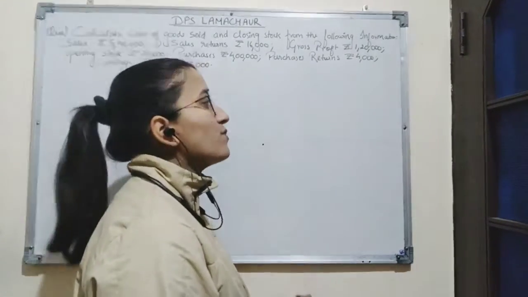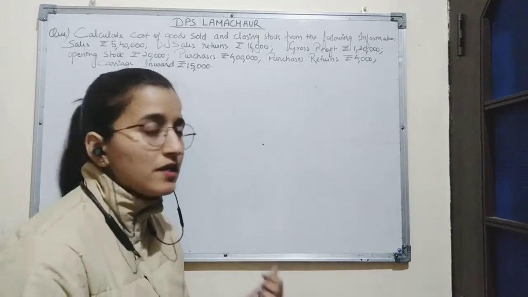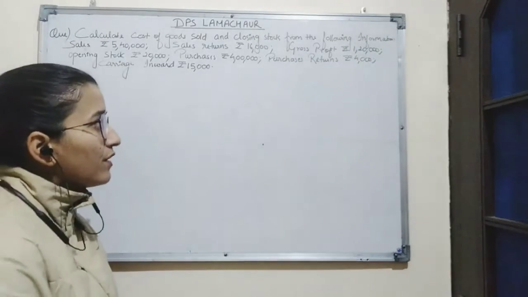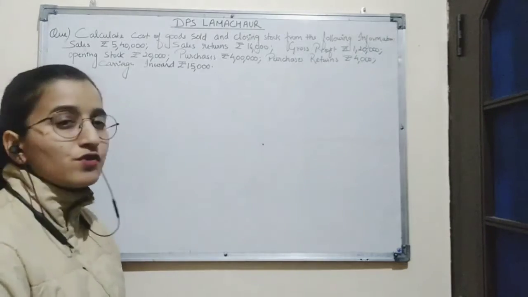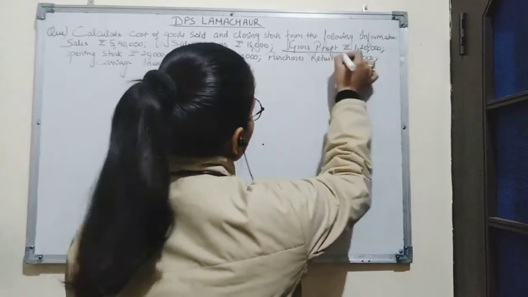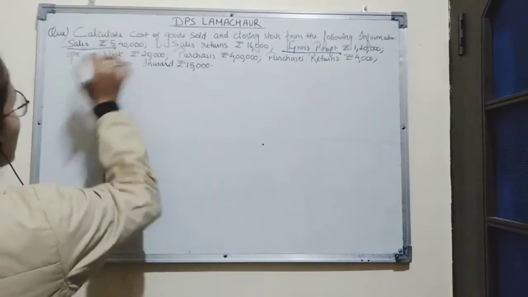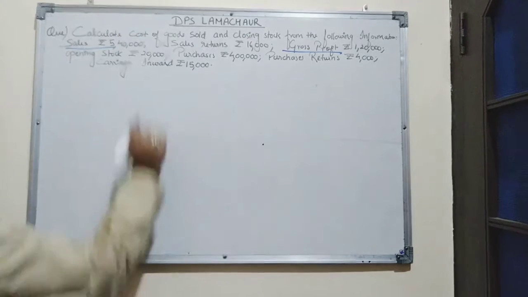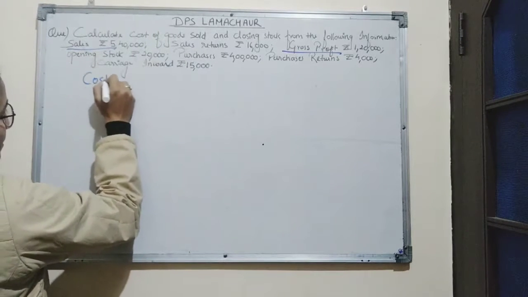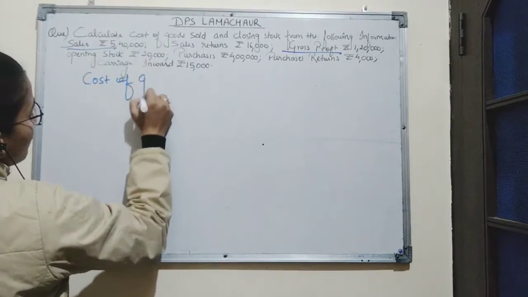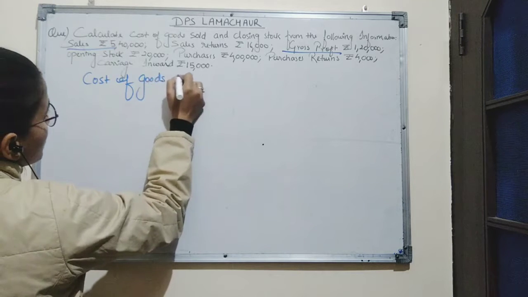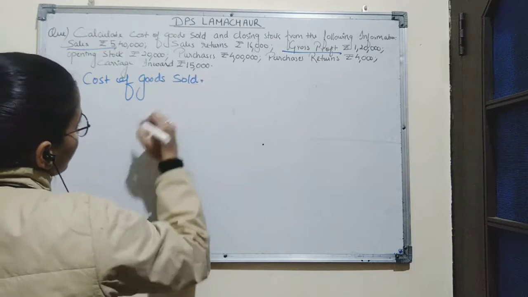Second is when gross profit is deducted from sales. So first we will find out the cost of goods sold based on the formula when gross profit is given and sales is given. So here formula for calculating cost of goods sold is